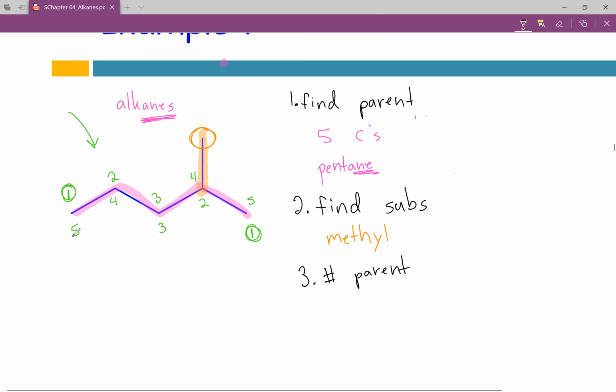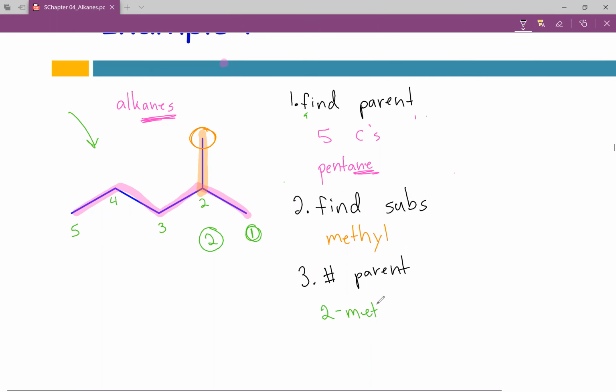If we number it this top way, then we would give our methyl substituent the 4, or put it on the 4th carbon. If we number it the bottom way, then we'd put it on the 2nd carbon, carbon 2. Putting it on the lowest number carbon possible is preferred. So instead of numbering it this top way, we are going to prefer the bottom way, where we make the rightmost carbon the first carbon. So now we're going to put that 2 in for the methyl. So now we have